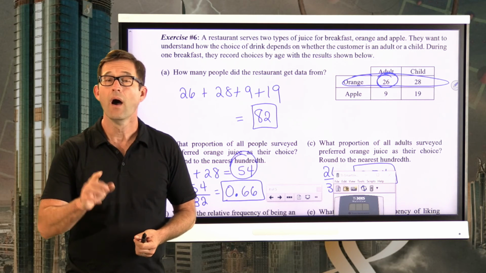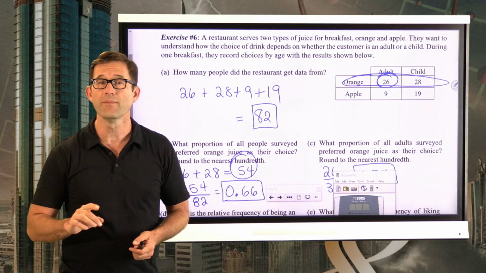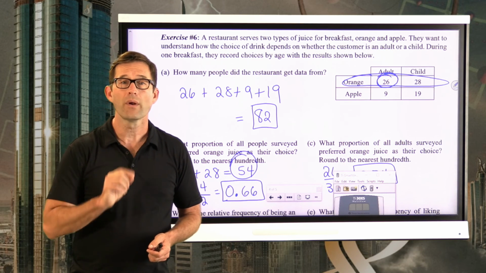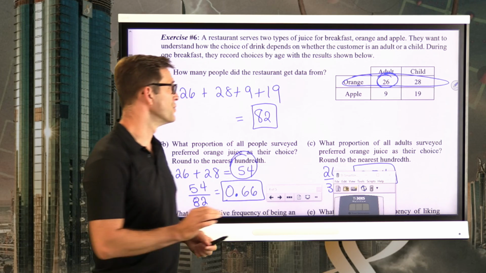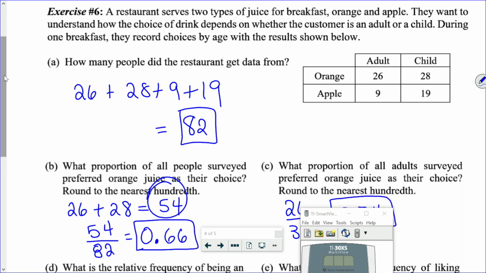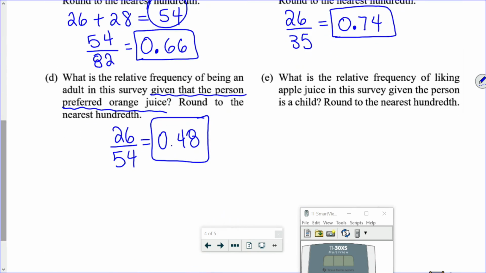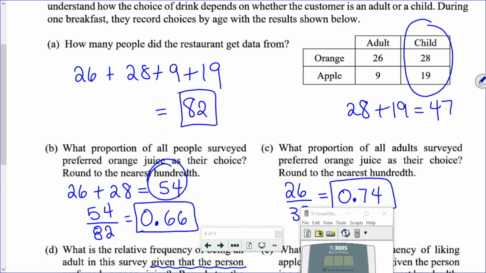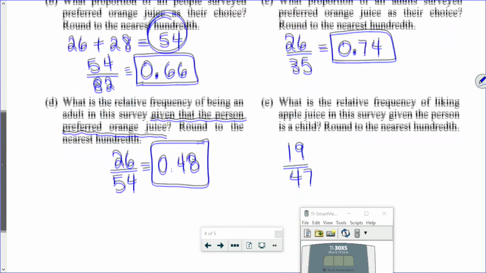All right, this time, I only care about the children, right? Given that the person is a child, I want to know the relative frequency of them liking apple juice. Okay, so in this case, I only care about this column. When I add those together, 28 plus 19, I get 47. So there were 47 total children. And of those 47, 19 liked apple juice. So that's going to be 19 divided by 47. Again, just to make sure you understand where that came from, I just want the number of children that preferred apple juice divided by the total number of children. 19 divided by 47,